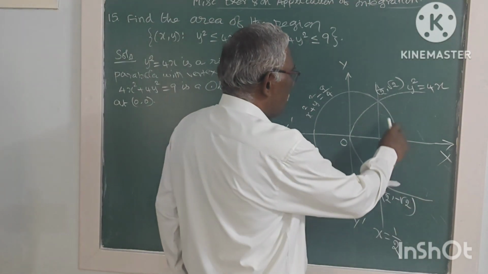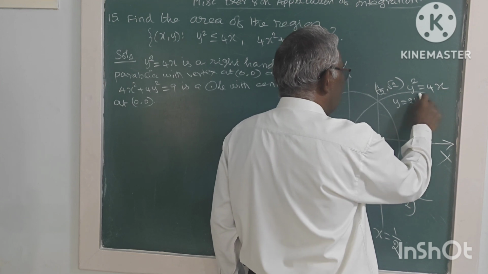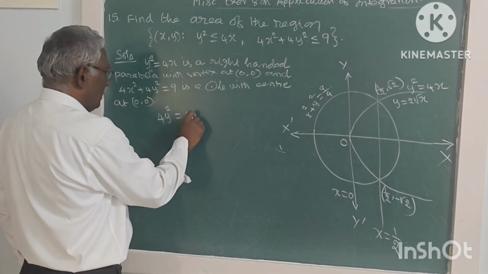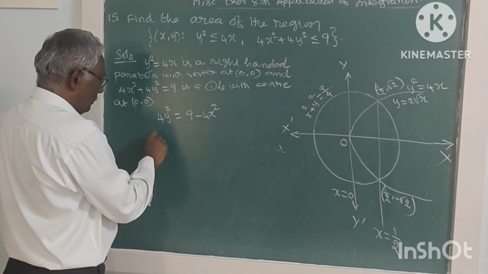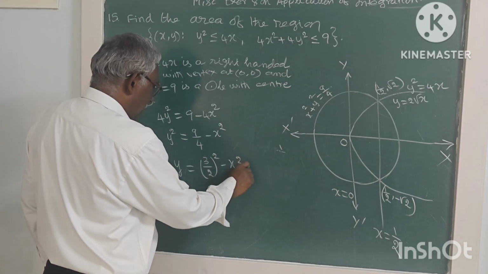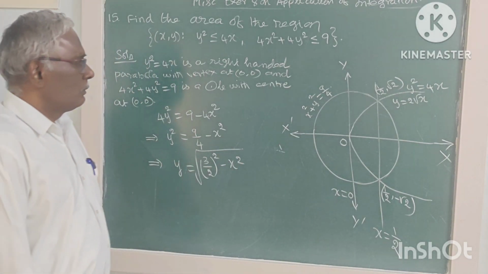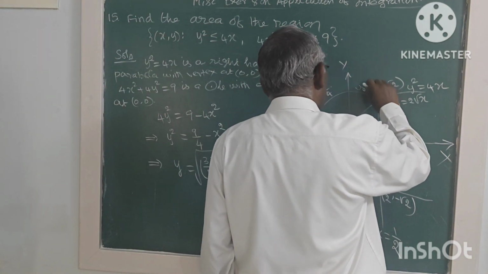So the equation of the circle is y equal to